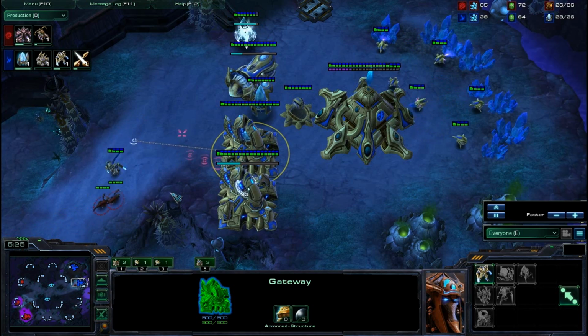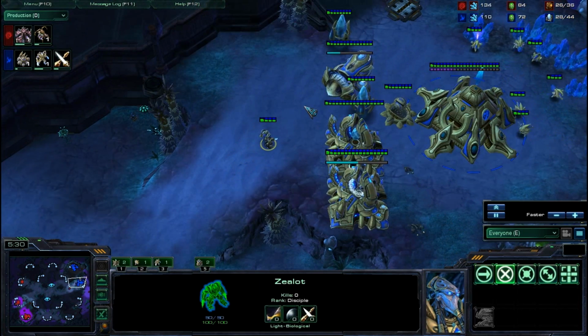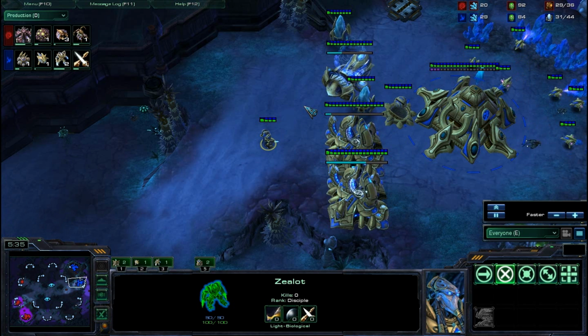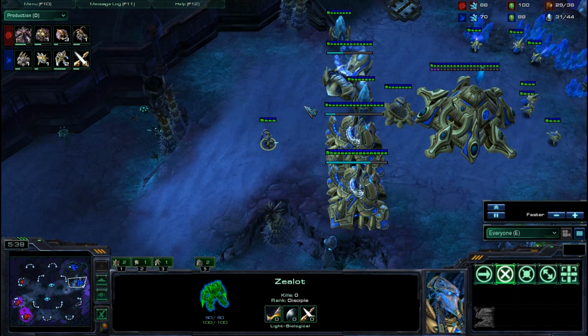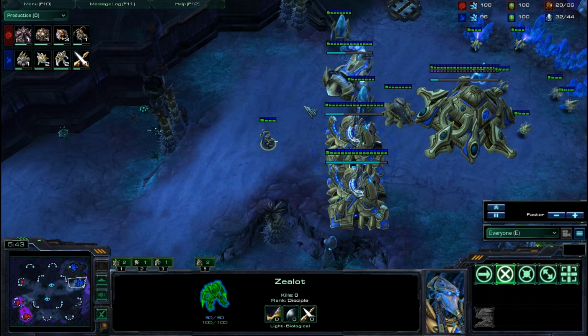Because the brilliant thing with this build is that it's not only the 2 gate zealot rush, there's other stuff behind it that you'll see and I'll explain in a little bit. It's just that it's constant Zerg unit production. And the other reason why the 2 gate zealot is just so good is because, simply put, Zerg will not